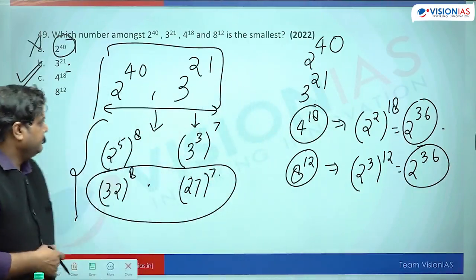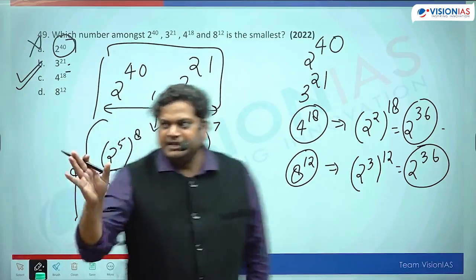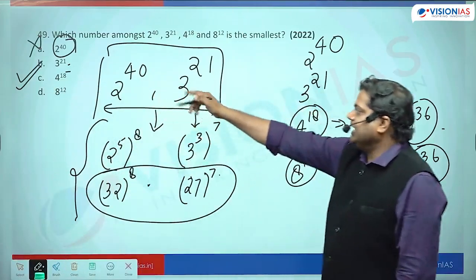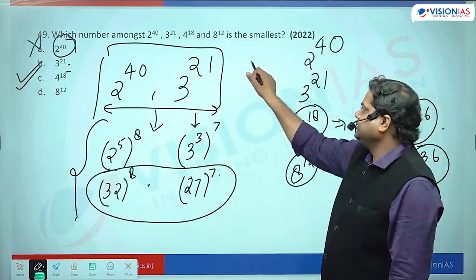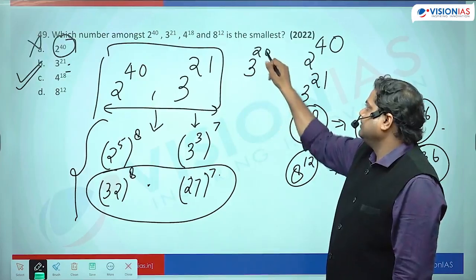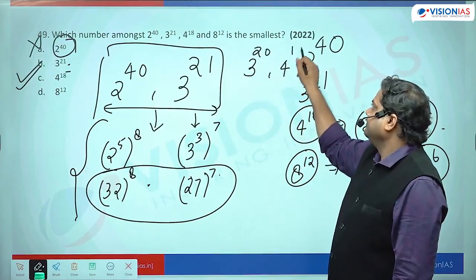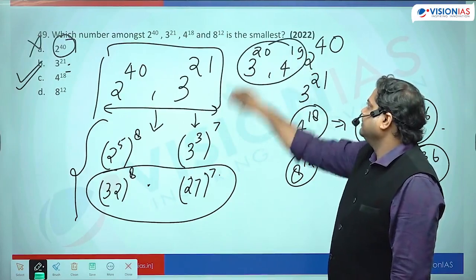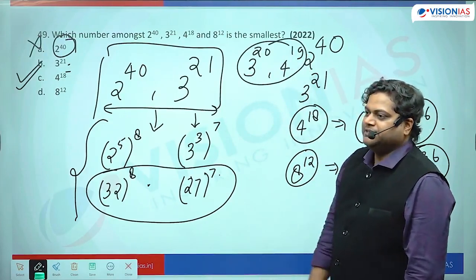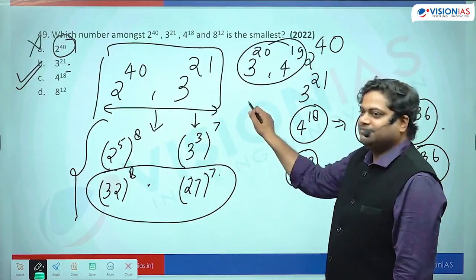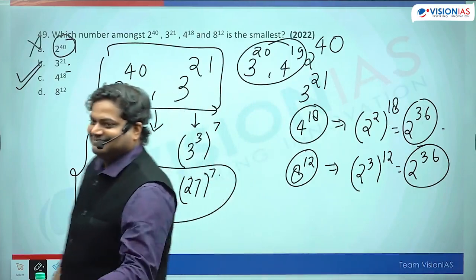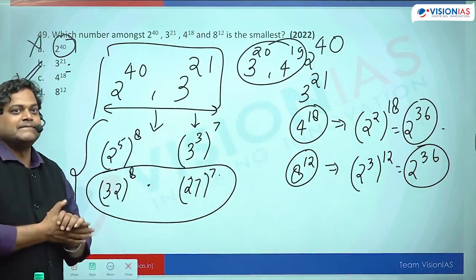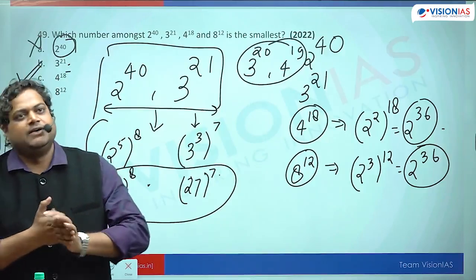ठीक है, तो यहां पे आंसर हमारा वैसे एलिमिनेशन से आ गया था कि आंसर विल बी 3 के पावर 21। अदरवाइज ऐसे भी क्वेश्चंस पूछते हैं, थ्री के पावर 20, 4 के पावर 19, विच वन इज बिगर? ठीक है। कंपेयर देन बाई डिवाइडिंग, हाँ वैसे भी कर सकते हैं।